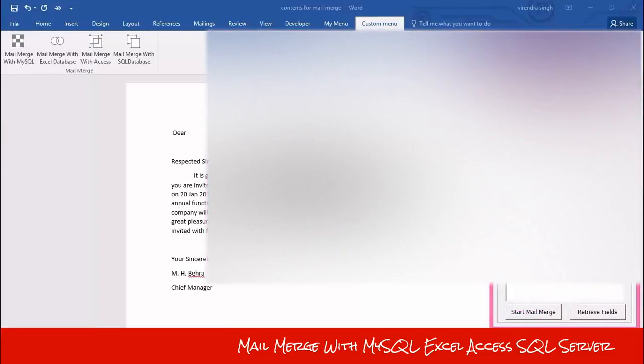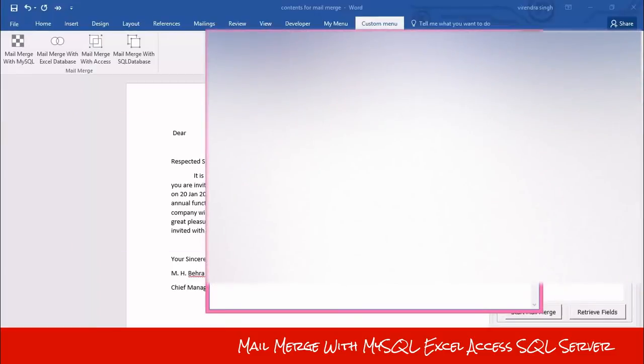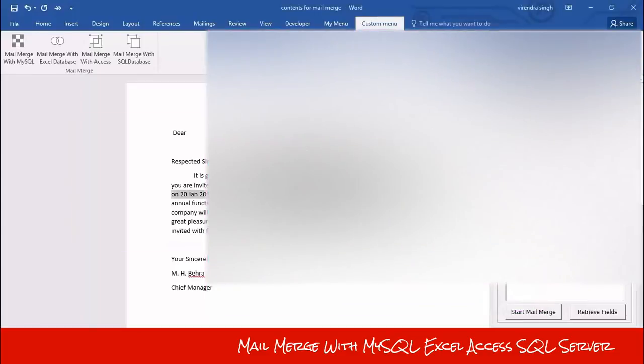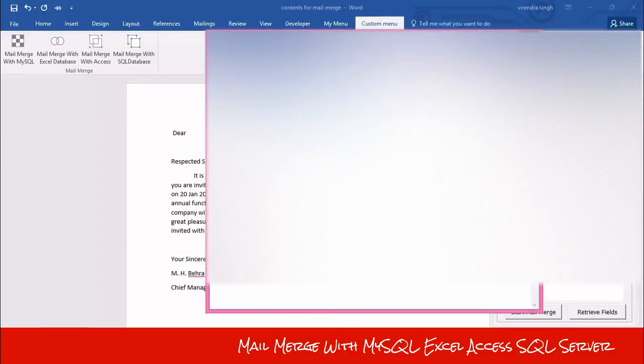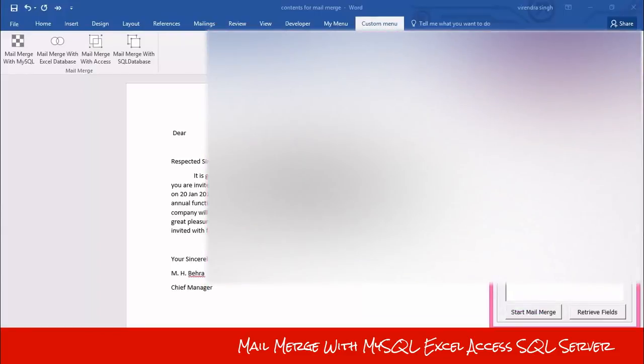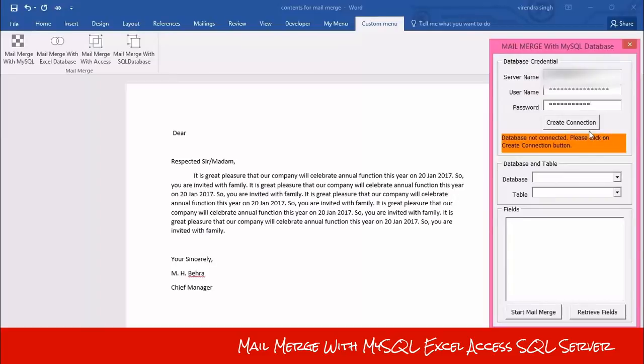server name, this is my username, and this is the password. Okay, then I need to click on this button, create connection.